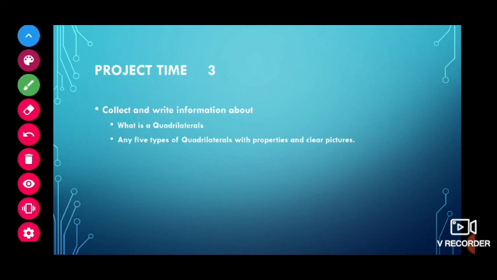You have to collect information about the quadrilateral, which you already know. What a quadrilateral is, the different types of quadrilaterals and their properties, you learnt all that but you forgot. This year that chapter was also removed from the portions. So you have to collect information about different types of quadrilaterals and the different properties followed by them. Any 5 you have to collect with neat pictures and diagrams. You have to write it down and send it to me on one more Thursday.